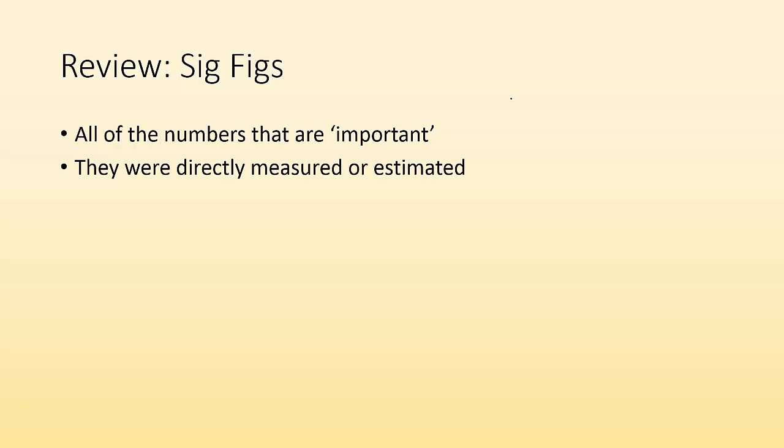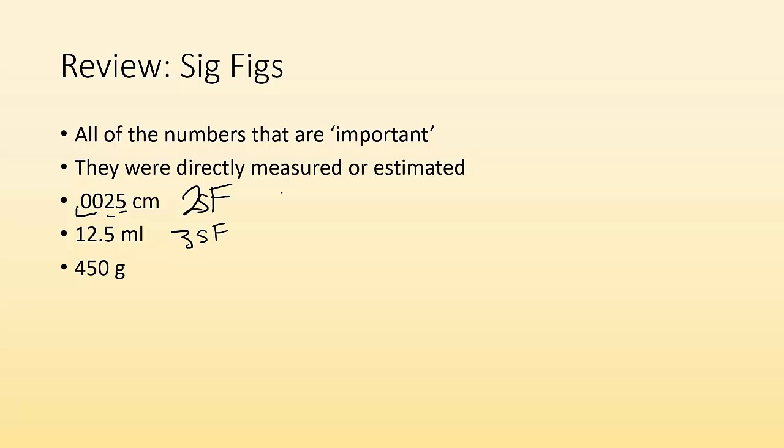So, a little quick review of sig figs. Remember that all of the numbers that are important are sig figs. So they're important when we measure or estimate them directly. So 0.0025 centimeters would be 2 sig figs because these zeros are placeholders. We didn't measure anything for them, but we measured and estimated the 2 and the 5. 12.5 milliliters would be 3 sig figs, and 450 grams without a decimal point would only be 2 sig figs. So if you can look at those and go, yeah, I know exactly how many sig figs they are, awesome. If not, maybe rewatch that video because we're going to need to have that skill down pat before we